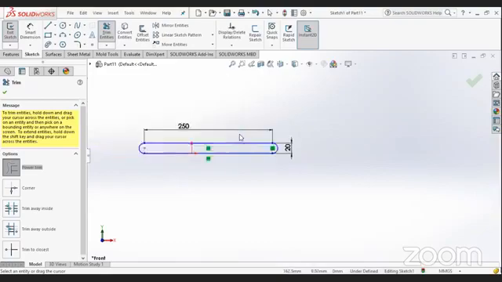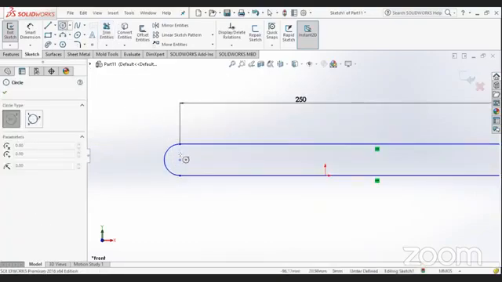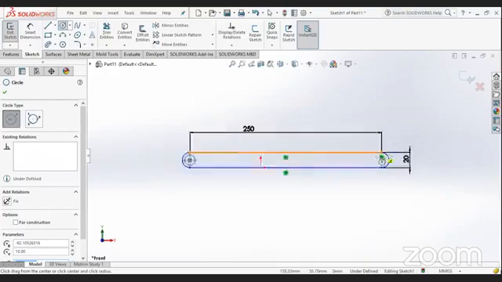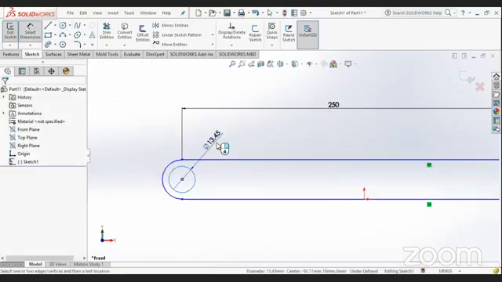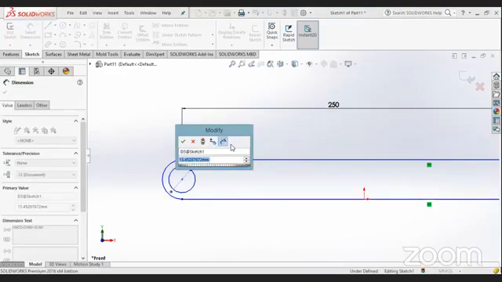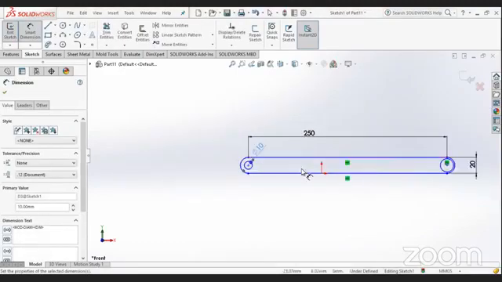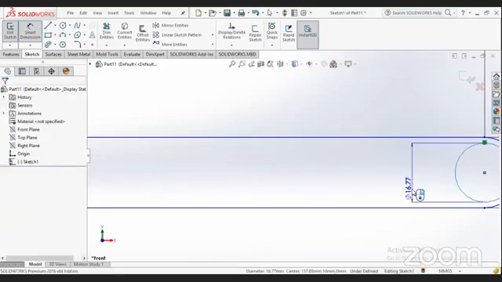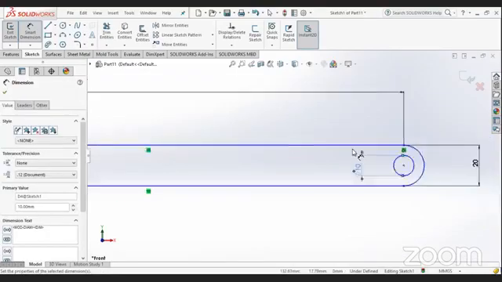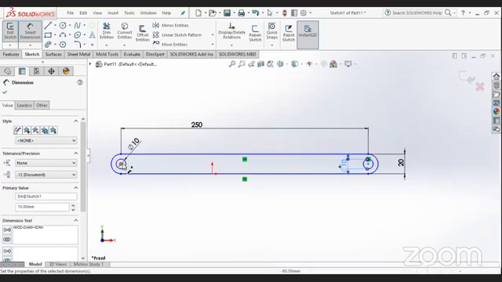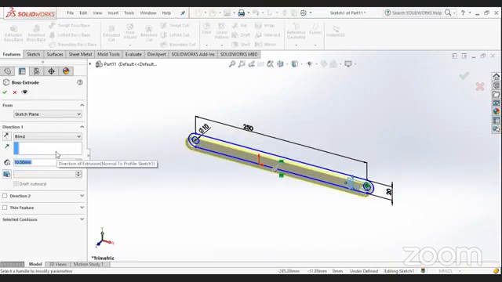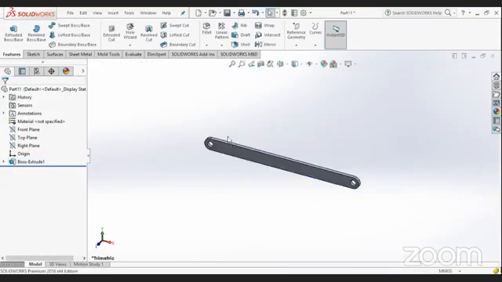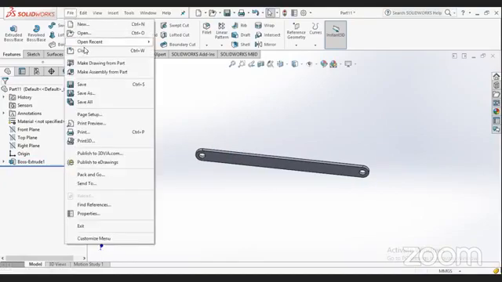Again, I'll be creating a circle. Let the diameter of this be 10. So 10 should be the dia. Okay, like this. So center to center distance is 250. Again, we'll be extruding it. Now this time 5 mm. Okay, so what is this? This is the connecting rod.